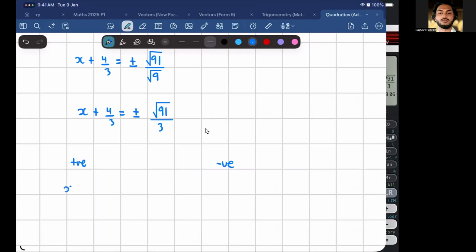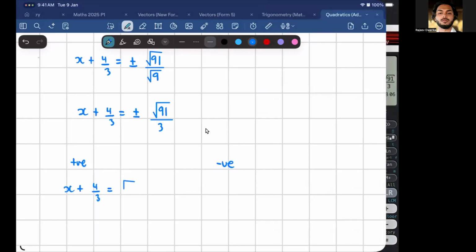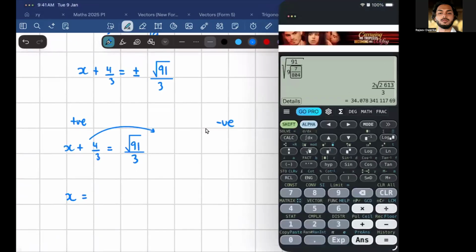You need to consider the positive case and the negative case. So the positive case will be x plus 4 over 3 equal to positive root 91 over 3. Now, if you don't see me write positive, it's understood to be positive. It's only if you see a negative sign that it's negative. So Zachary, what's the next step? Minus 4 over 3, sir. Right? You subtract 4 over 3 on both sides, or you can think about it as moving it across. Either way is fine. So you end up with x is equal to root 91 over 3